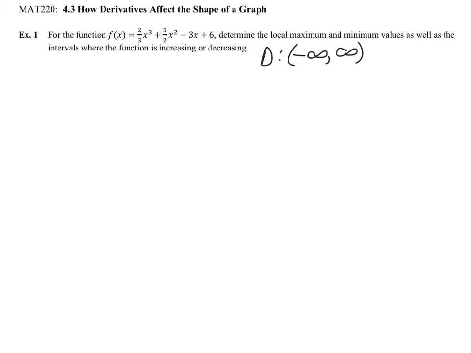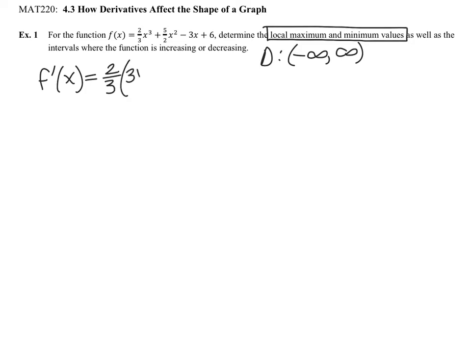numbers. And anytime you're asked to find local maxes or mins, we're going to rely on that first derivative test. So we're going to compute the first derivative, and we're going to find our critical numbers first. So the derivative of 2/3 x cubed, remember the 2/3 is a coefficient, and then we'll multiply that by the derivative of x cubed, which is 3x squared,